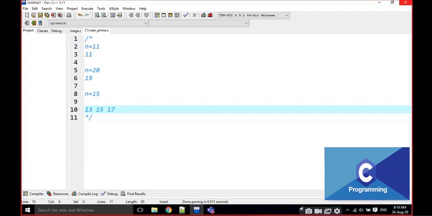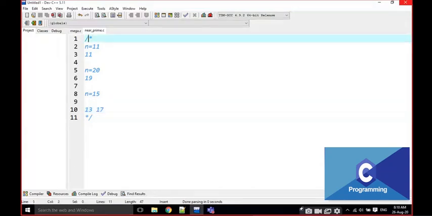Then what is the closest distance for 15? Here also 2, here also 2. In this case, we have to print both the numbers, 13 and 17. Okay, that's it. These are the three different cases when we are dealing with the nearest prime.